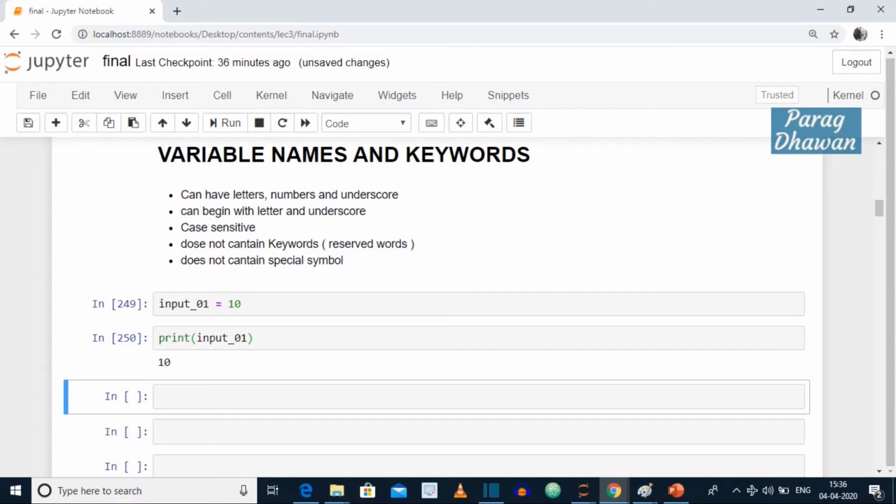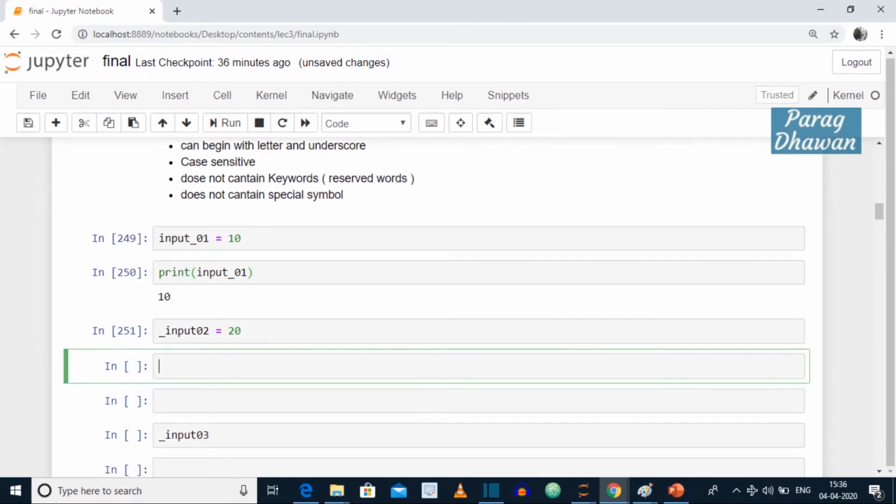Variable names can begin with letters and underscore. For example, underscore input 02 is equal to 20 is a valid variable. Click on the cell, run the cell. Cell has executed successfully.